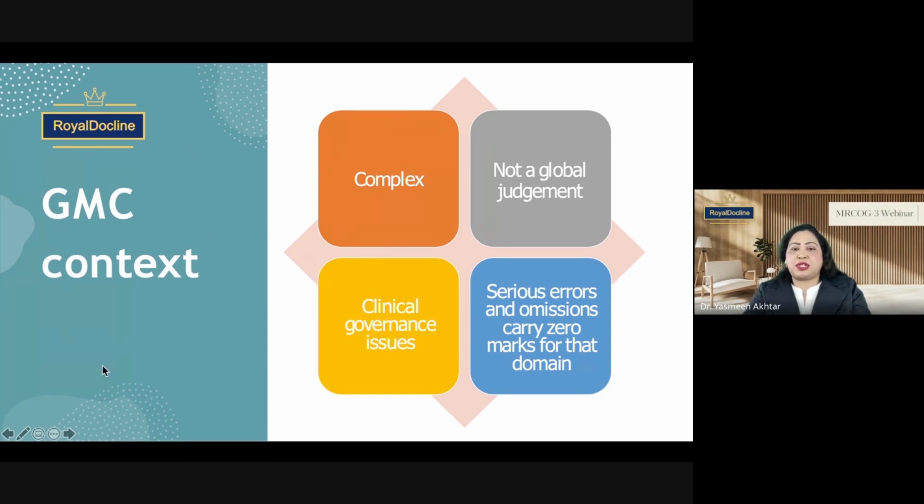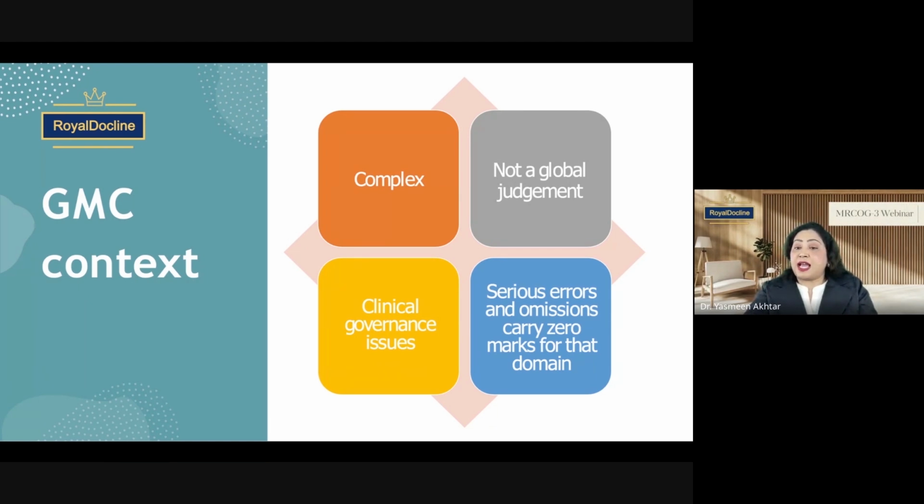These 2 slides are very important. I mean to say, you are assessed during your exam in 2 aspects. One is your knowledge, your application, clinical skills, and competencies, which is from your OBGYN point of view. The second part is from the General Medical Council context. They are assessing you from the clinical governance point of view. Here is an area where the overseas candidates fail. This is what I have seen. They don't know how to handle the clinical governance issues. That's why I have decided to do a workshop on clinical governance as well.